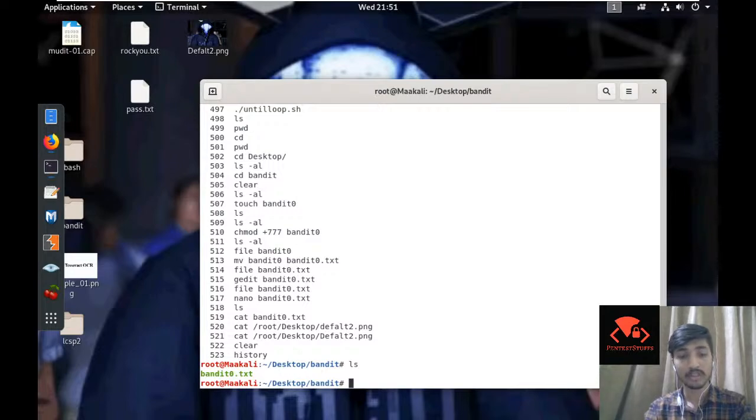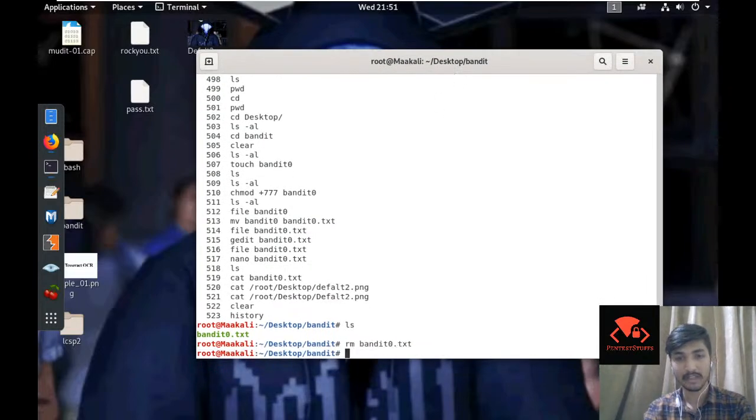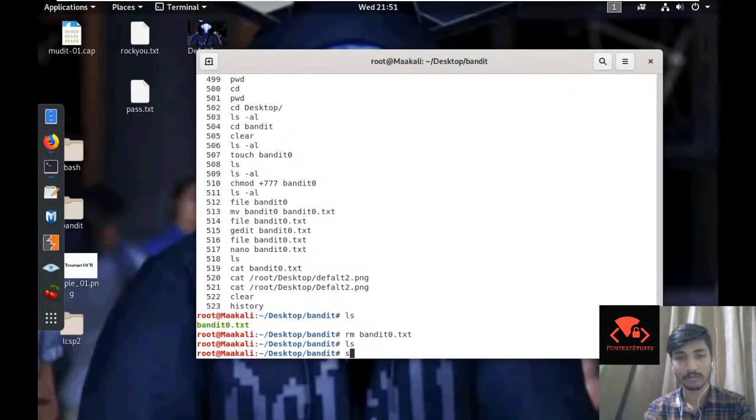Okay, so if you created a file by mistake and now you want to remove it, the command for that would be rm and then the file name, and it would just remove the file. So rm removes it. It is a dangerous command, guys. Please